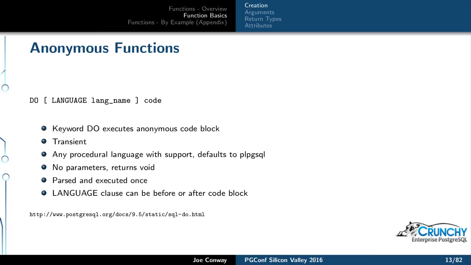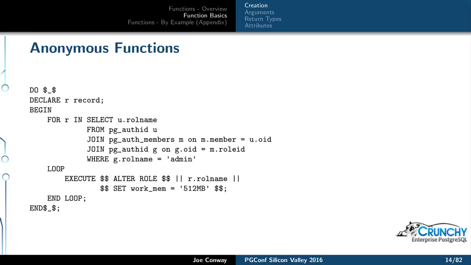Another sidebar is anonymous functions. A few releases ago, and I'm not even sure when it came in, it might be that all of the supported versions of Postgres now have this. It came in probably around 9.1, 9.2. You can actually define a function on the fly without a name and have it execute. It's kind of limited in what it can do because you can't pass it arguments and it can't return a value. But for administrative things, and I've got an example here, this do loop basically is going to